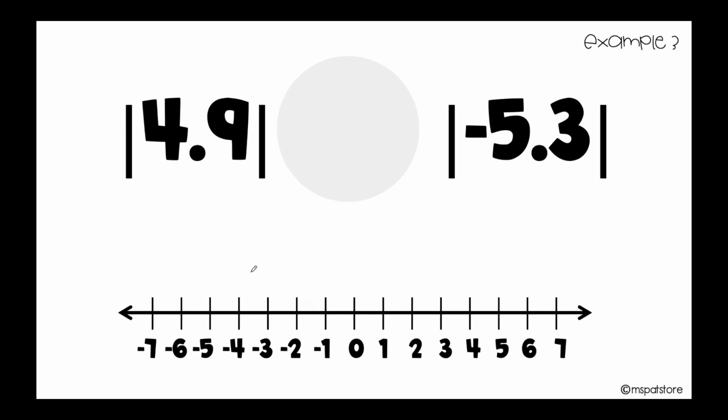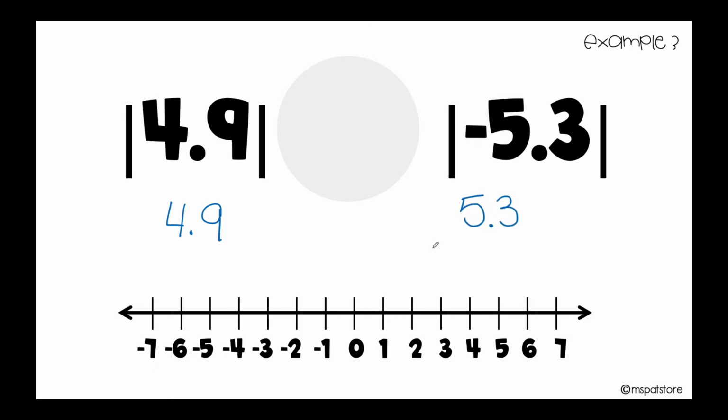How about you try this one, okay? It's exactly the same process, only that in this case, we're using decimal numbers. Please pause this video and try it by yourself. Well done. Absolute value of 4.9 is 4.9. Absolute value of negative 5.3 is actually positive